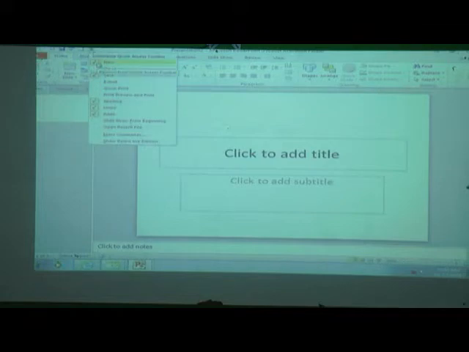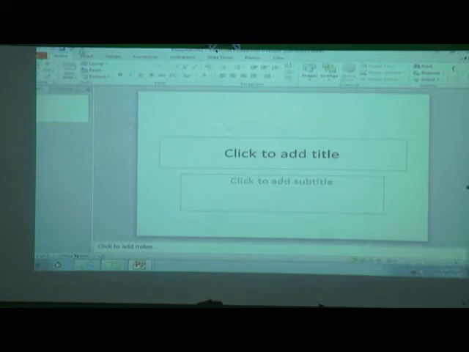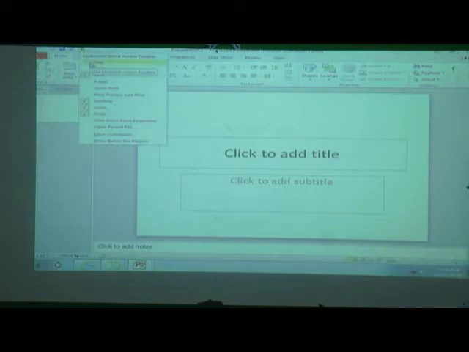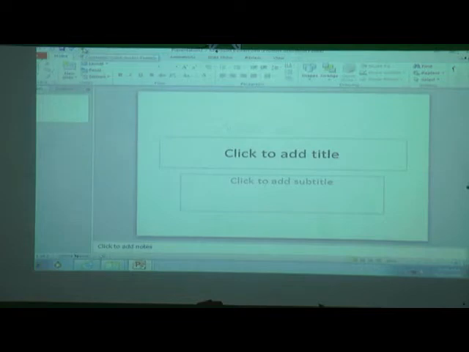What is the use of this? The shortcut of this option is here. This is the option of new. If I click here, then what happens? This option is not here. Why? Because it is not added. Got it? Use of quick access toolbar. Quick means what? Easily we can find.